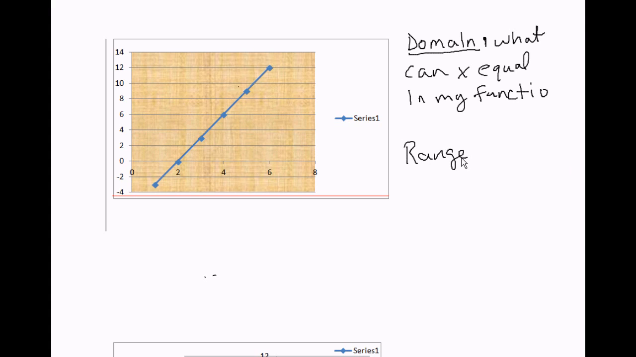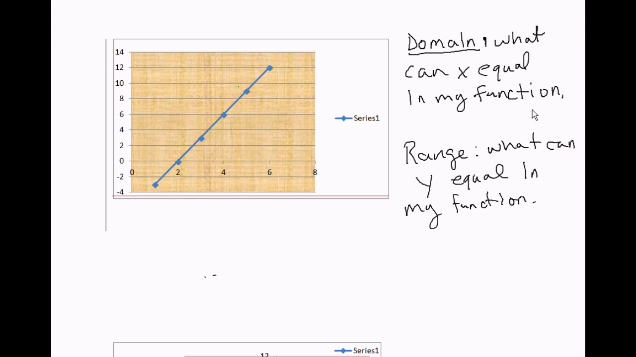Range stands for what can y equal in my function, your function or your graph. Okay, so the first function I'm looking at is a line segment. It actually stops and ends. So to find the domain, you can actually draw this